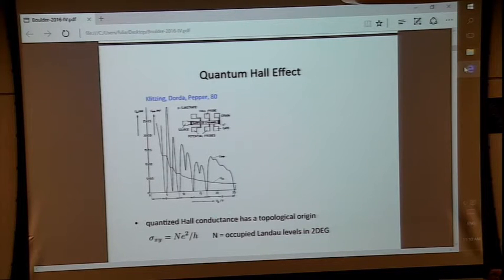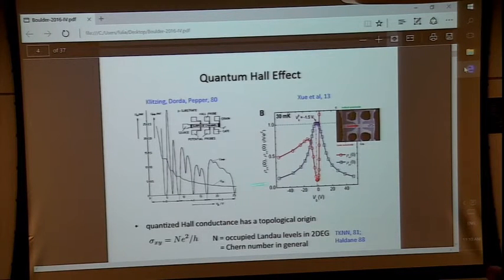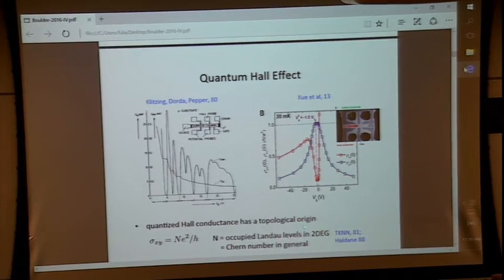In the quantum Hall states, and again, since I'm talking only about non-interacting systems in this lecture, we're going to just look at integer quantum Hall effects. In the integer quantum Hall effect, the diagonal conductance sigma xx is 0 when we are in the quantum Hall plateau, but the Hall conductance is non-zero and is quantized into an integer multiple of e squared over h. And in the case of Landau levels, this n is just the number of occupied Landau levels. Very simple, but we now know more generally this Hall conductance is related to the Chern number,